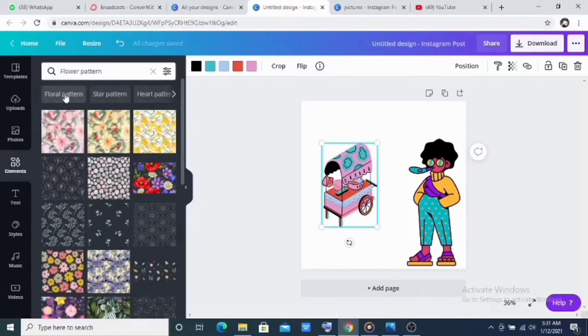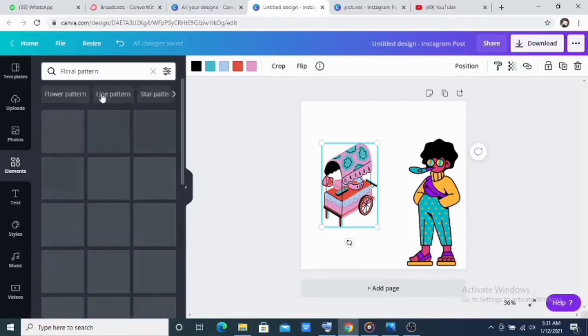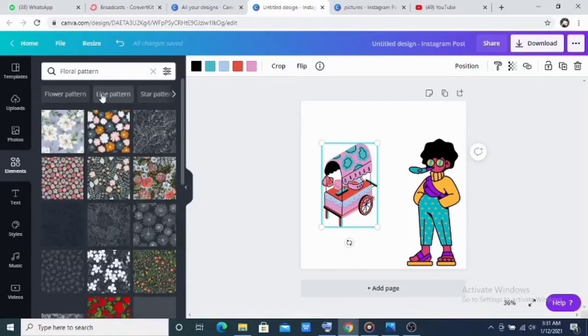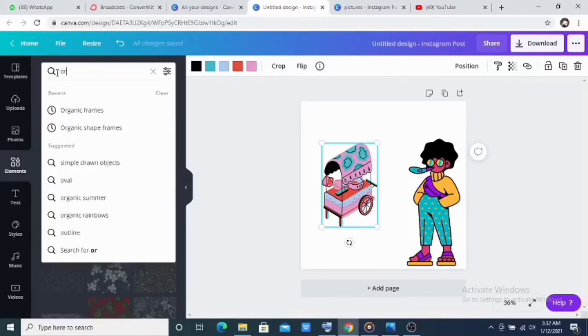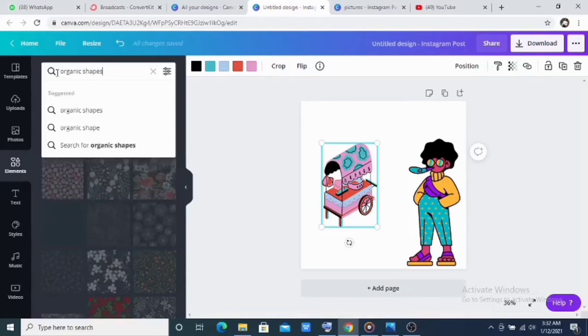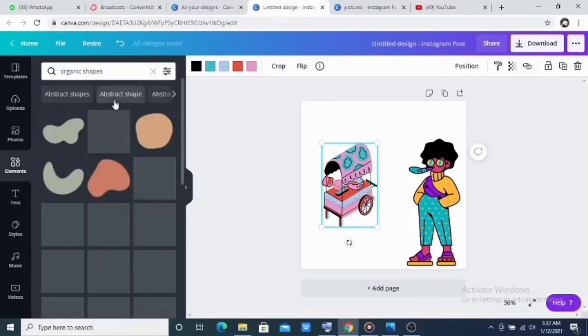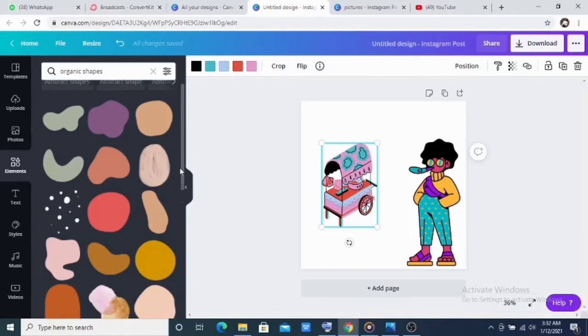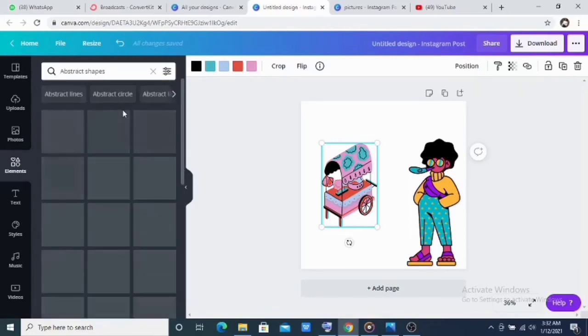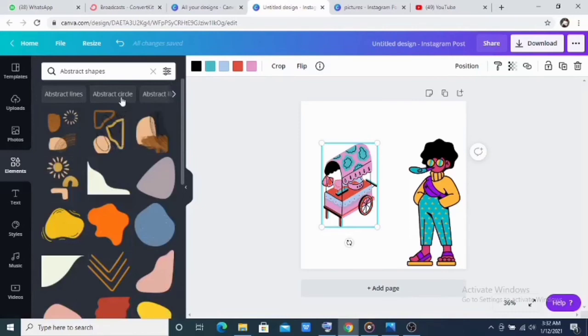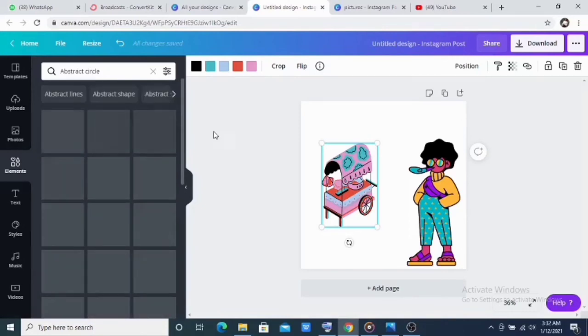For example, if you're confused on the particular word, then just use the word that comes to your head. Then it keeps helping you, redirecting till you see what you're searching for. Let me search for organic shapes now. For example, I want to search for abstract, but I don't know how to start. But the word organic comes to my head. You see, automatically the suggestion for abstract pops up also,